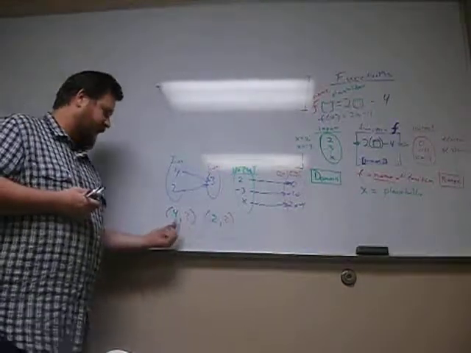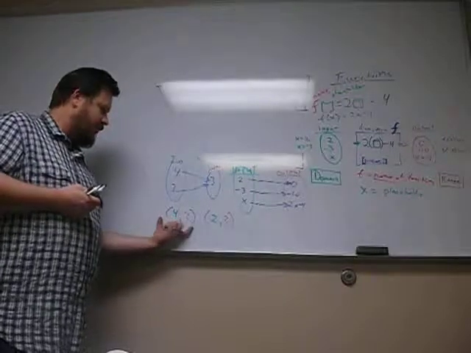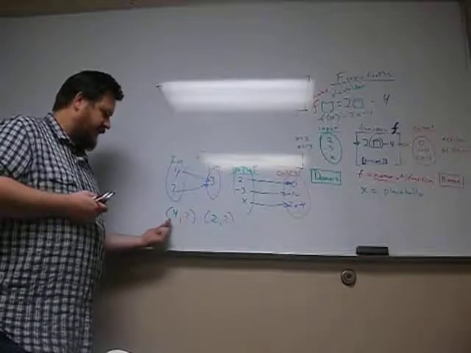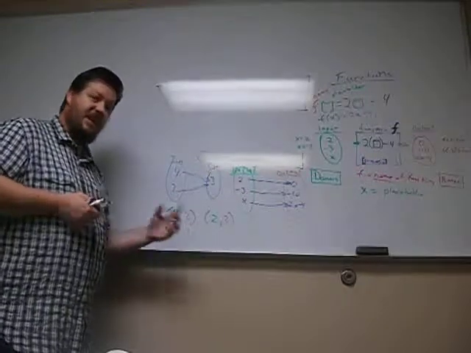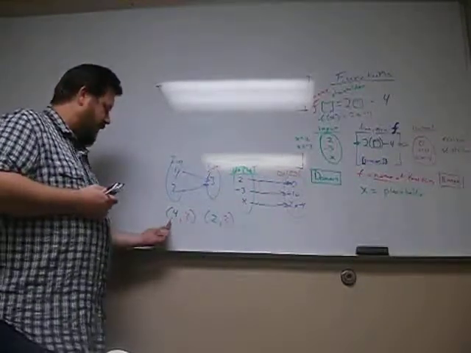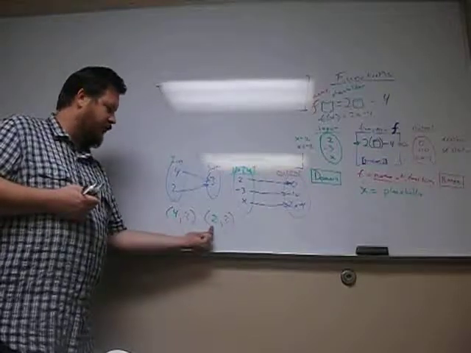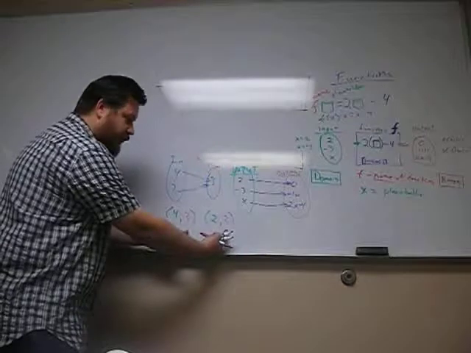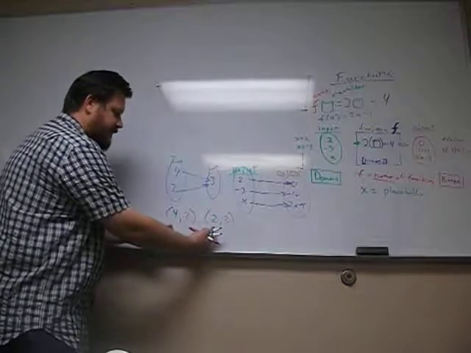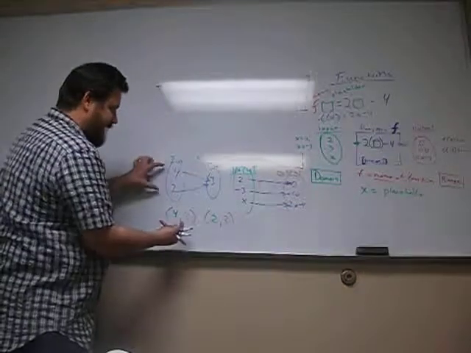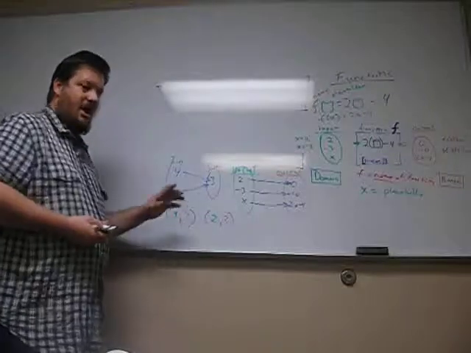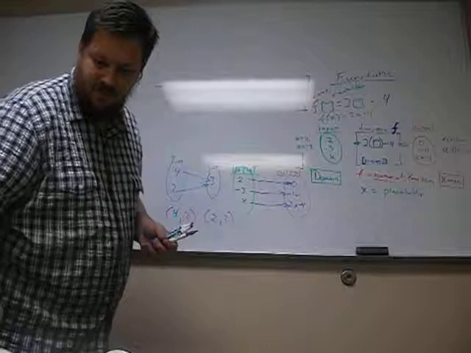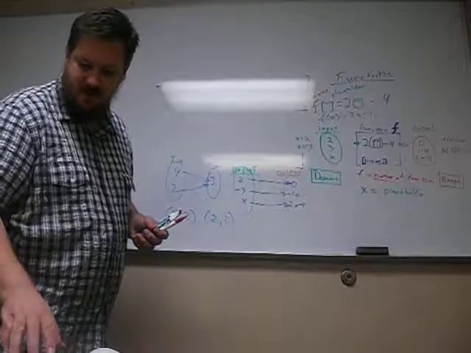As long as there's no other ordered pair in my list here that has a 4 first and something other than a 3, then I'm fine. I've got a 4 gives me a 3, okay, a 2 gives me a 3. It's okay for the second numbers to be the same. It's okay to have the same second number with a different first number, different inputs giving us the same output. That's okay. What we can't have is something like,